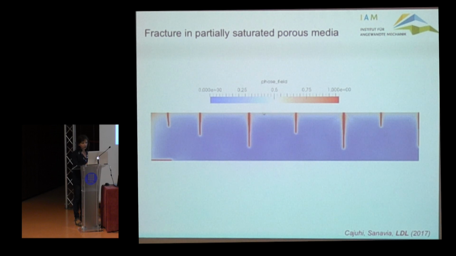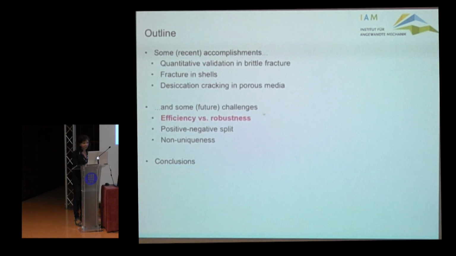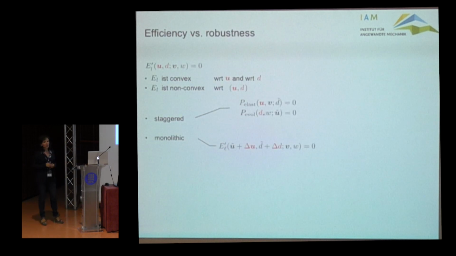So now, I have a few minutes left for the bad news, because up to now it seems like everything is great and we can model a lot of different phenomena, which is of course true, but I would like just very briefly to show you what are the open issues, the burning open issues in this business, in a sense. So the energy functional that I showed you at the beginning is convex if you consider it with respect to U only or to D only. But with respect to U and D simultaneously, it's non-convex.